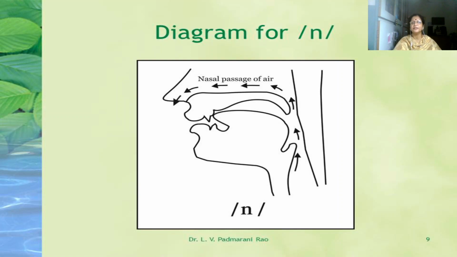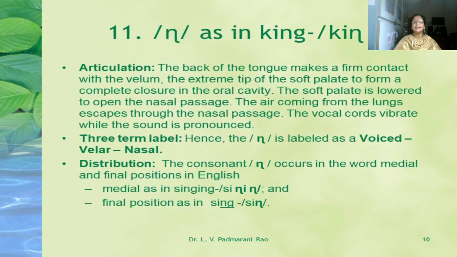Whereas in the production of n, you could find the tip of the tongue touches the teeth ridge to close the oral passage of air. The soft palate is lowered so that the air coming from the lungs can pass through the nose. That's why this is a nasal sound. The third nasal that we have is